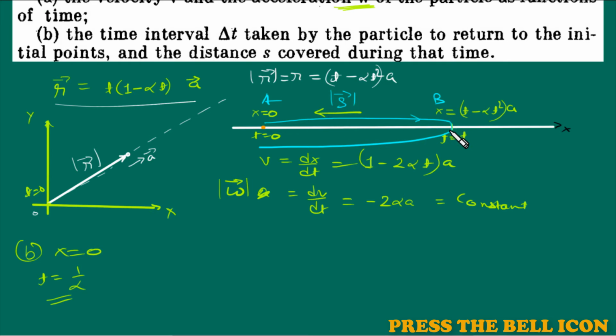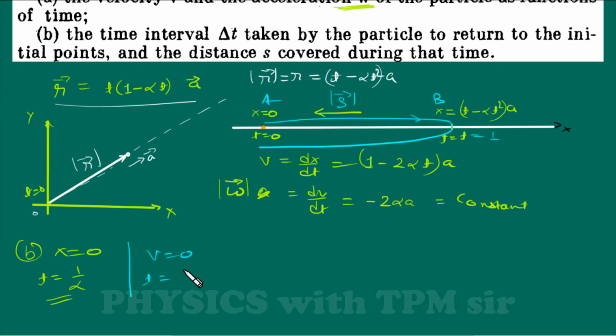We know that here this particle has changed its velocity, meaning velocity has become 0 at this instant. So we need to find at what instant this velocity has become 0. So find the time when velocity has become 0. If we put this term as 0, then we will get t is equal to 1 by 2 alpha. I think this is really very easy. So this is 1 by 2 alpha seconds.